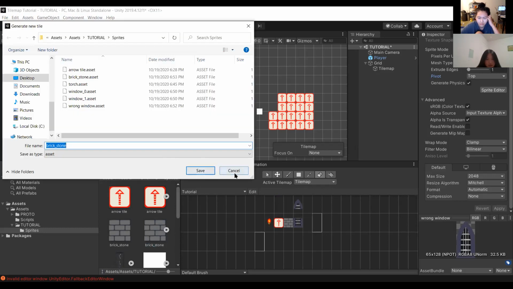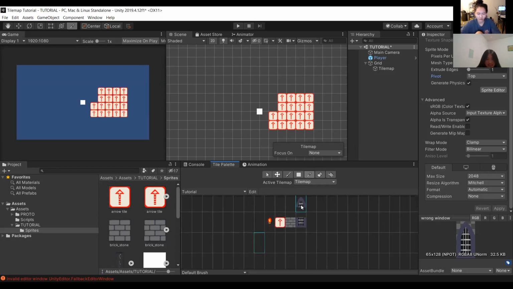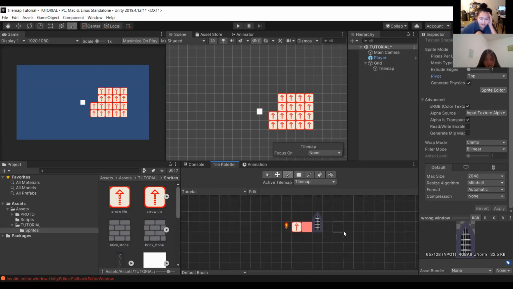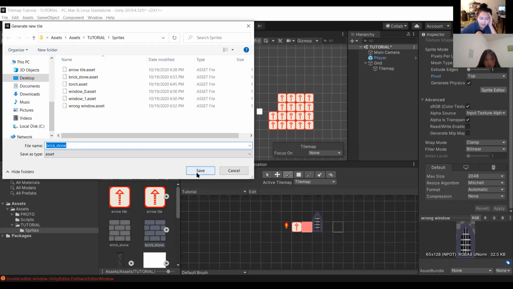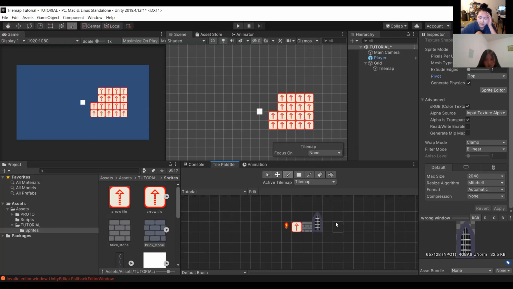Like set the sprite mode to multiple instead of single. Okay, that's what I forgot. Thank you. Yes. Okay.